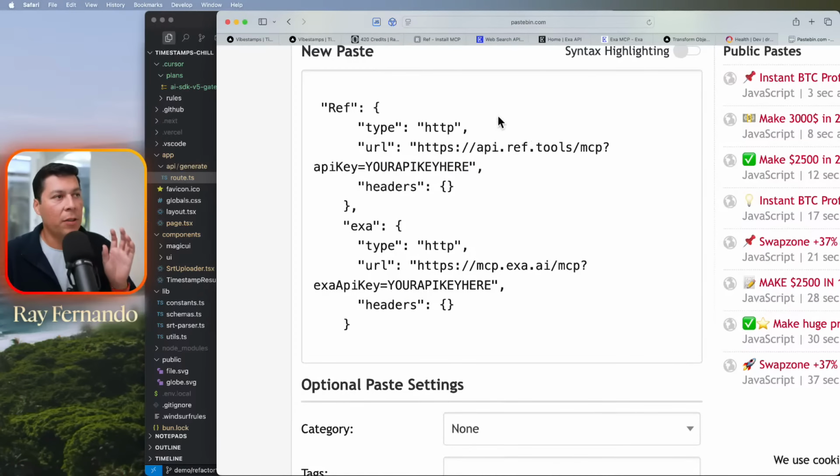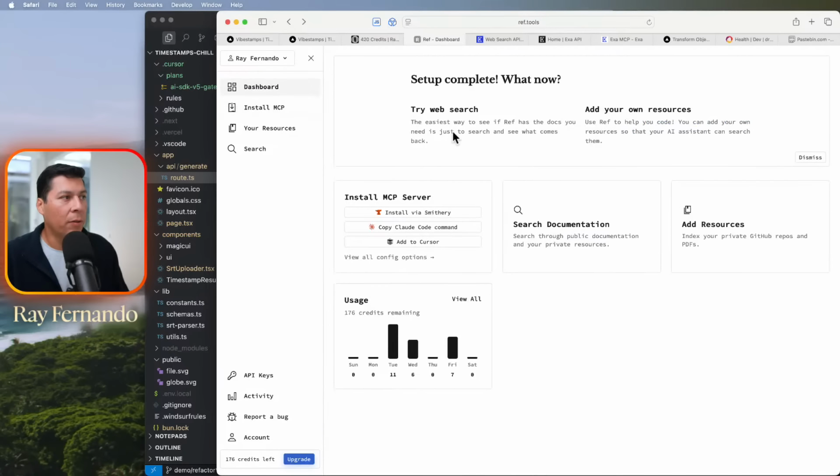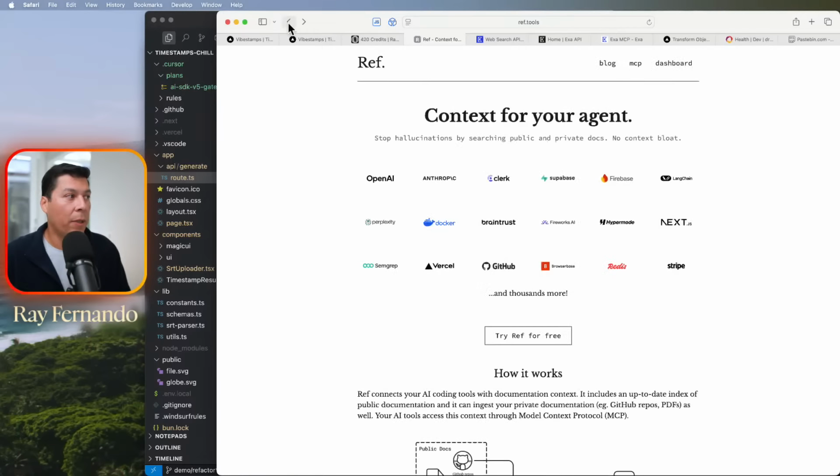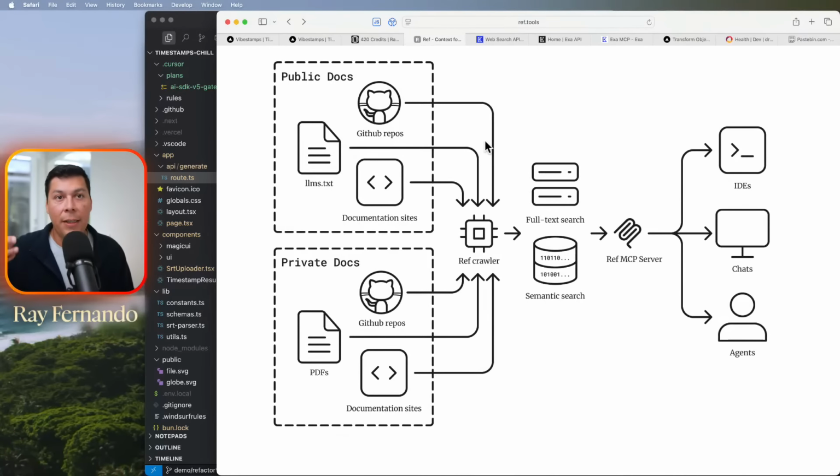And so just to give a breakdown of what Ref.Tools does. Ref.Tools is going to allow us to do a web search, but not only a web search on what's currently out there on the public internet. You can have your own private resources, like your own Notion notebooks or your own private GitHub repos that you don't want exposed to the internet. And what's nice about it is that it allows you to build your software and use existing conventions. And what you'll actually be surprised to learn is how efficient it is at shipping a